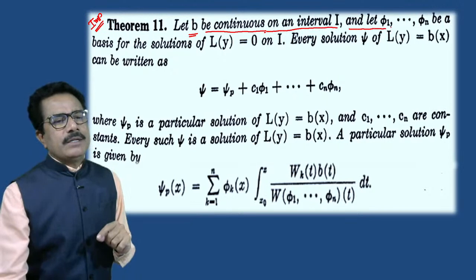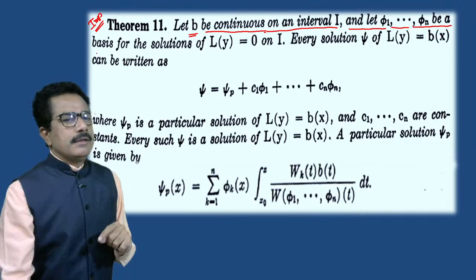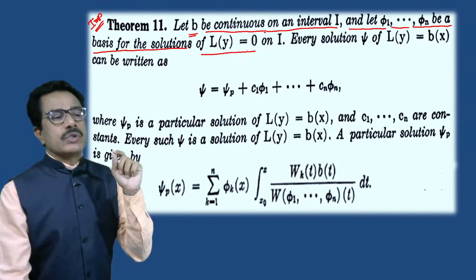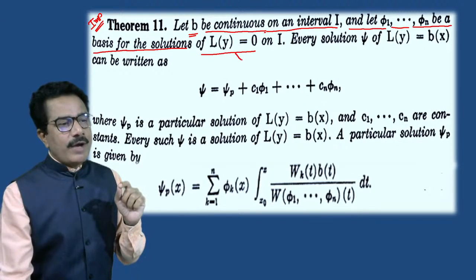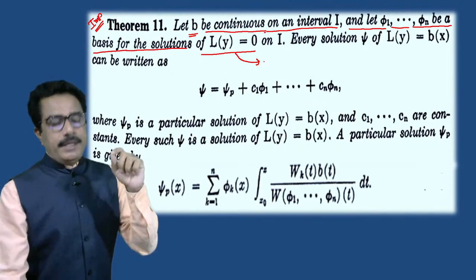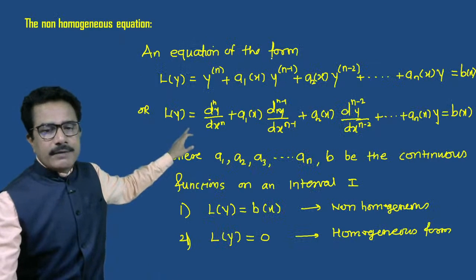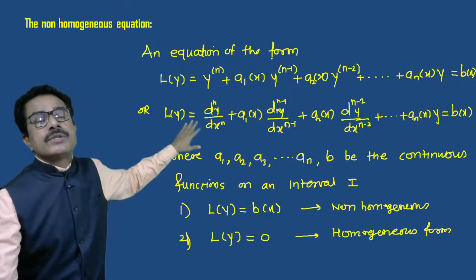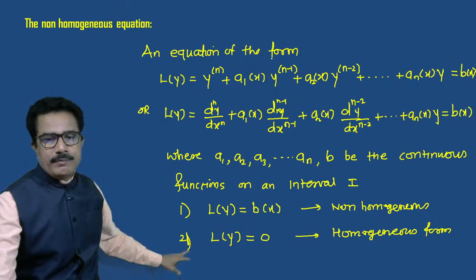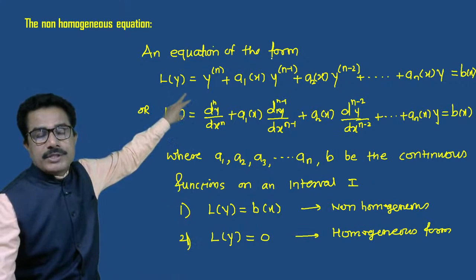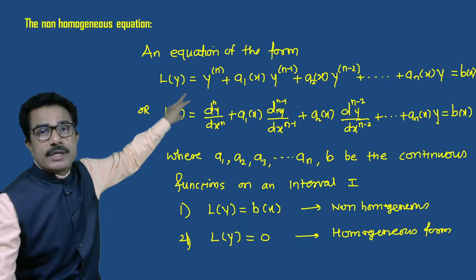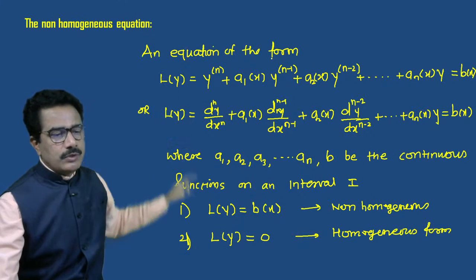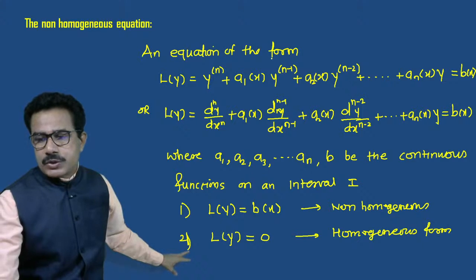and let phi 1, phi 2, phi 3, dot dot dot be a basis for the solution of L of y equals 0. What is the meaning of L of y equals 0? This is the equation of the non-homogeneous form. So L of y equals 0 means its homogeneous form, this form. This is a non-homogeneous form because B of x is a function of x. If B of x equals 0, then that form goes to the